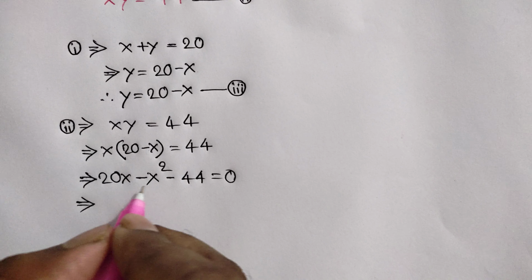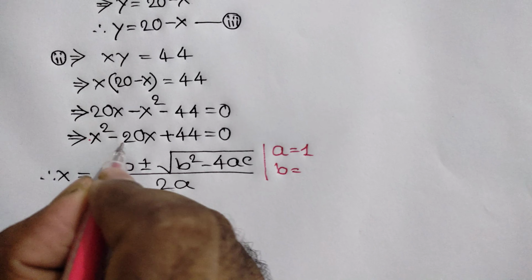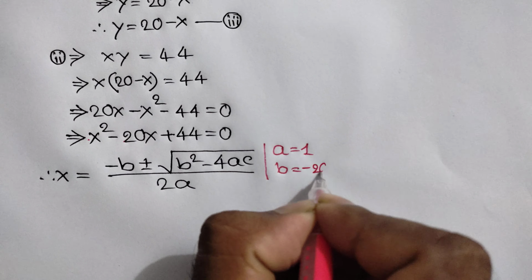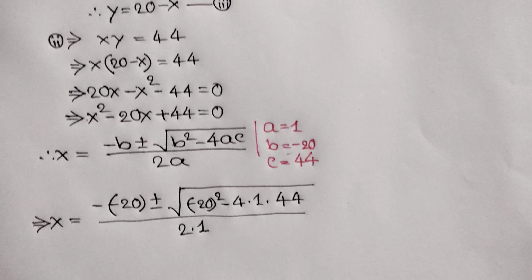Here a is equal to 1, b is equal to negative 20, and c is equal to 44, or x is equal to minus, now b is equal to negative 20, so we can write here negative 20 plus or minus square root of b square, that means negative 20 square minus 4 times a is equal to 1 times c is equal to 44 all over 2 times a, that means 2 times 1,